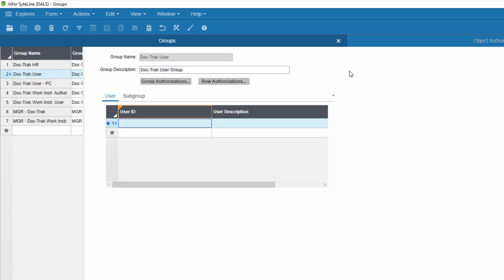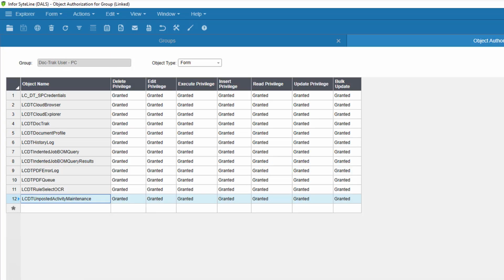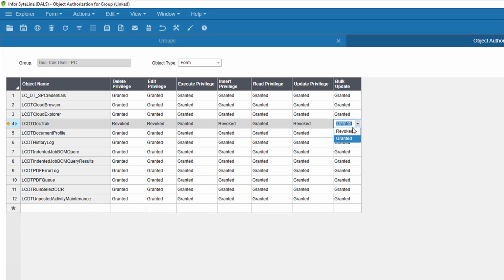So far, so good. The last step is to adjust the privileges in the LCDT DocTrack object. I'll need to revoke the privileges to delete, edit, insert, update, and bulk update.